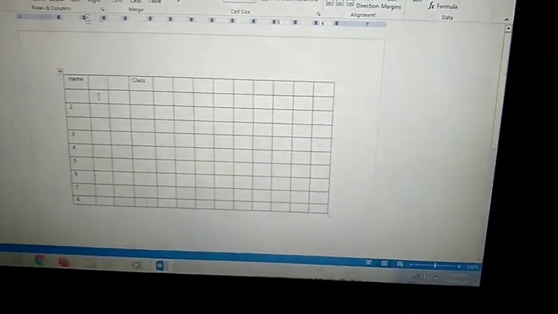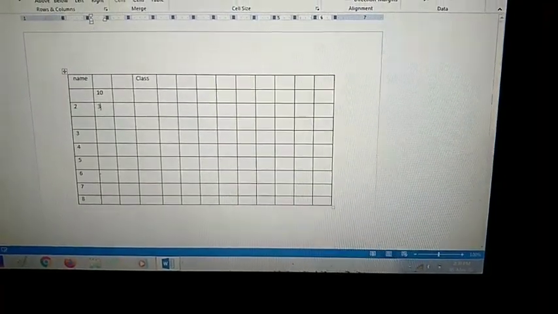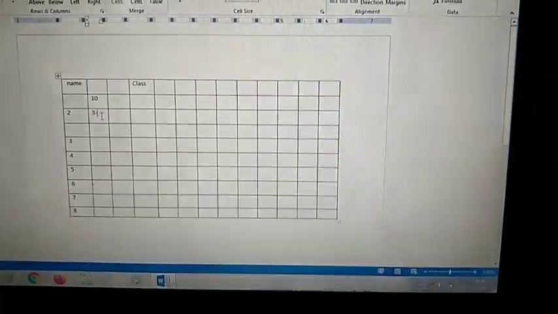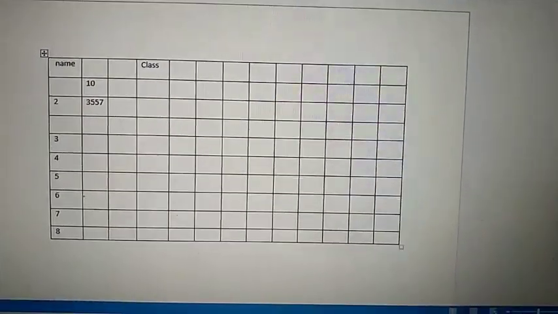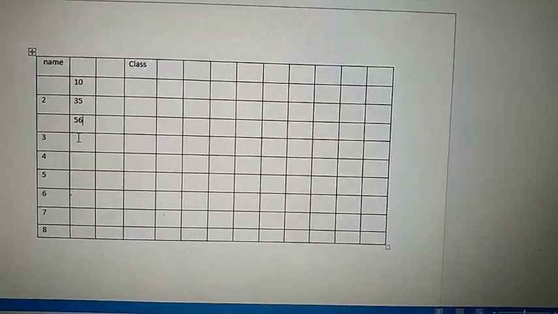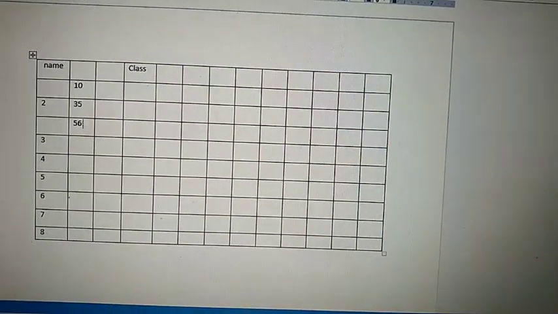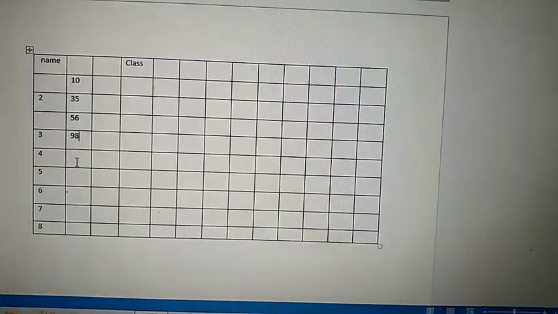Now I am going to show you calculation. I am writing here 10, 30, some values like this. So I have written 4 values.